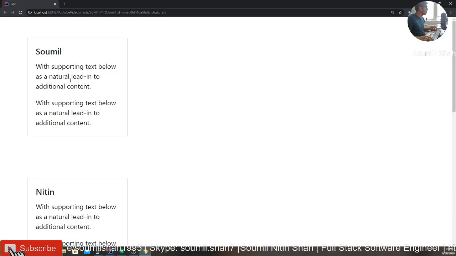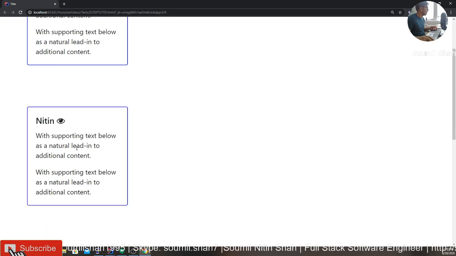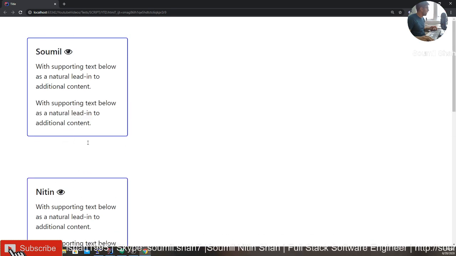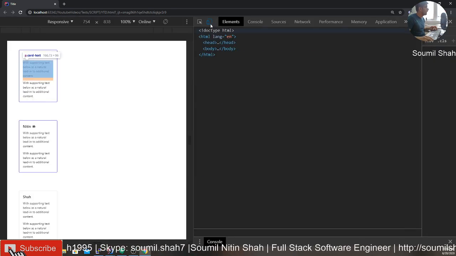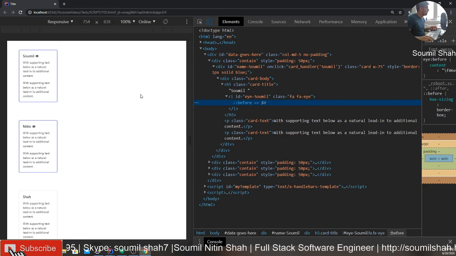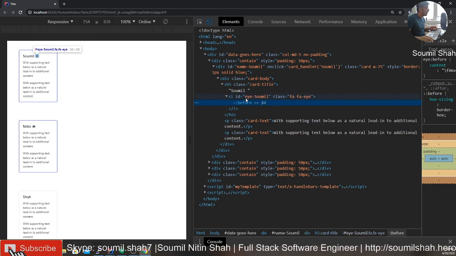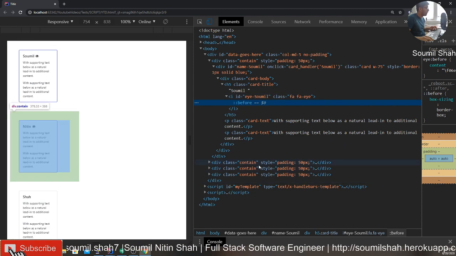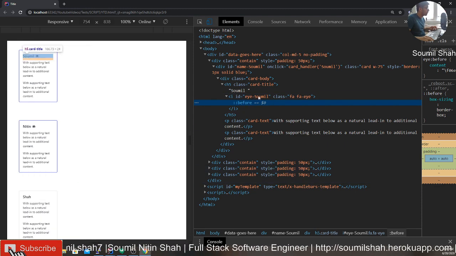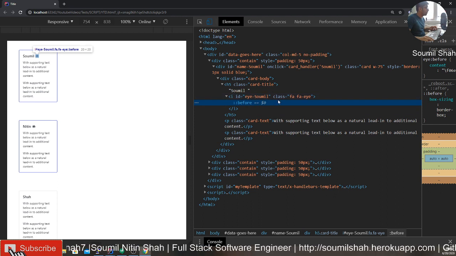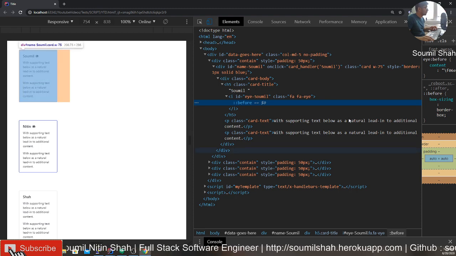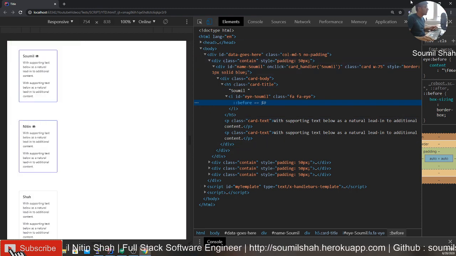Open that in the browser. See, we got an I. If you inspect the element, you see the I tag, I Sawmill, so it will be unique. The IDs are already there in each card: I Sawmill, I Nitin, I Suha. So I added a unique ID, and then based on the function, I'm just selecting that ID and adding a class to it, so it gives a nice effect. That's pretty much it, right?